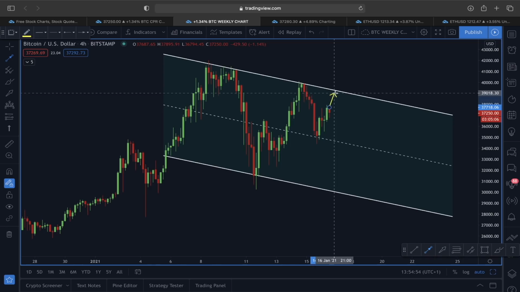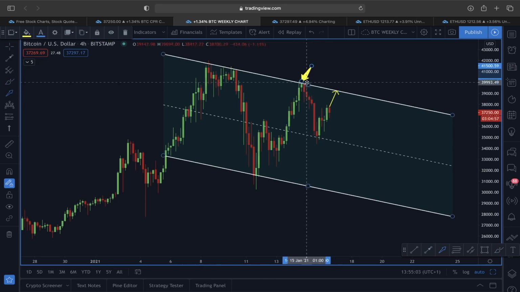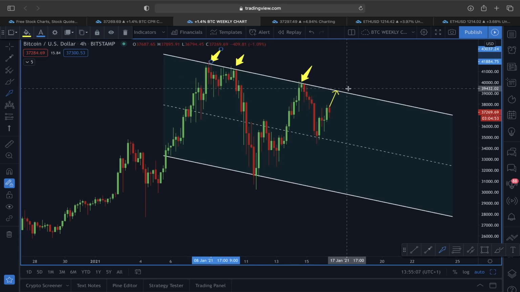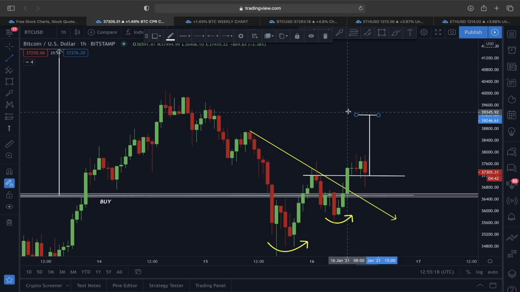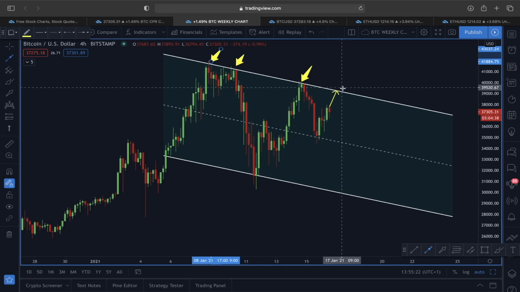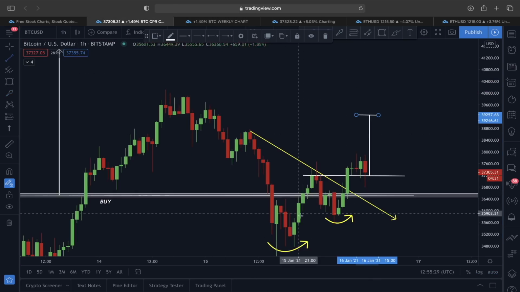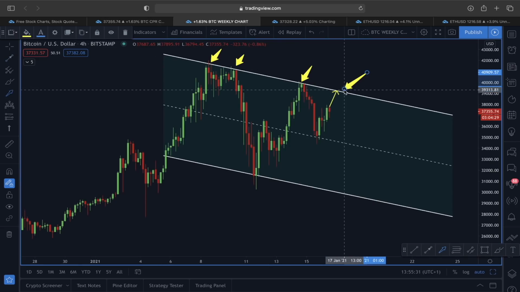I mean, the price coming around this 39,200 is going to happen. But what if we are also going to get another rejection after reaching the upper line area, just like here, or just like here? Guys, what if this is going to happen? We have to look at this scenario a bit carefully, because rejection around the upper line area after reaching our first target here, we have to take this scenario also into consideration, because if there is going to be a rejection again, just like here after reaching our target from this 1 2 3 4 reversal pattern, then guys, we